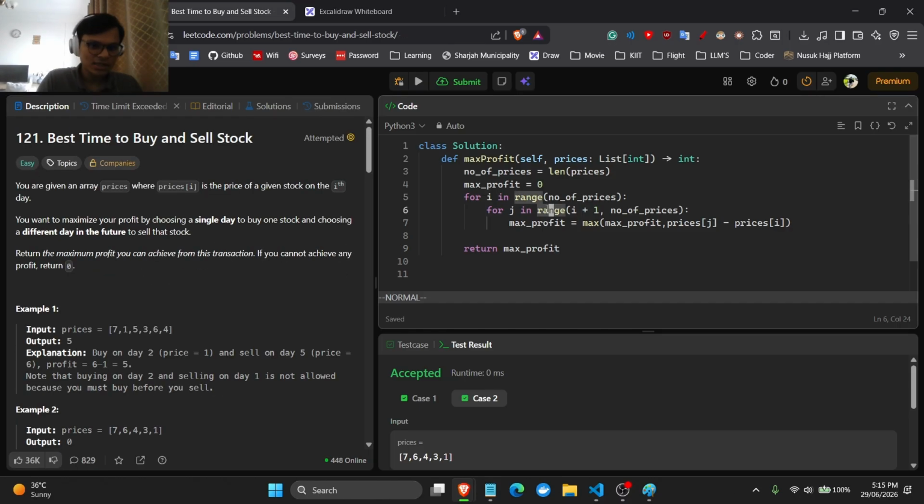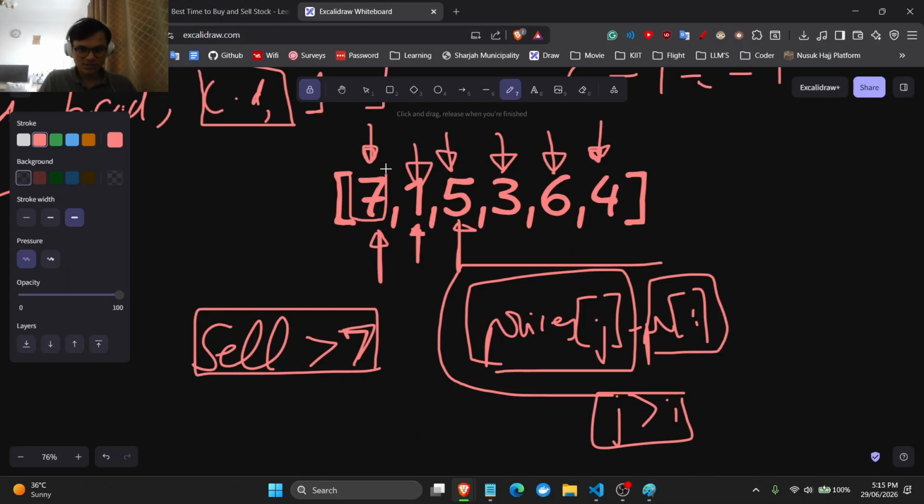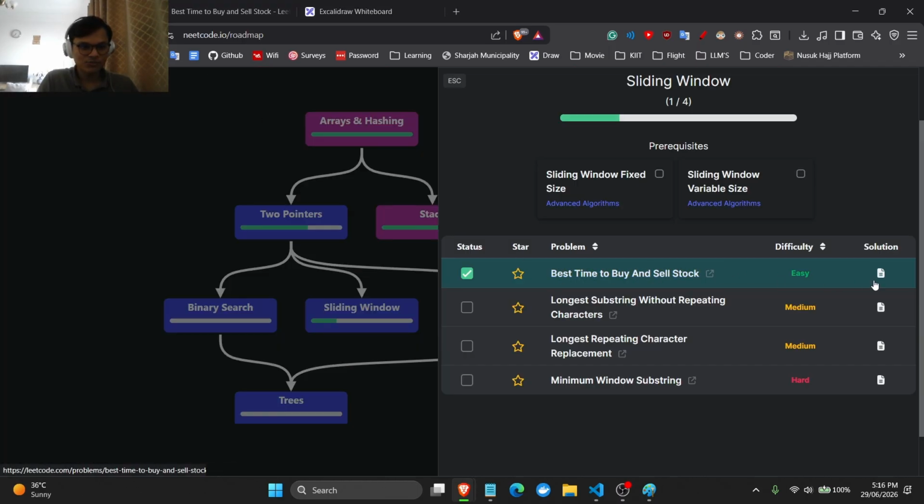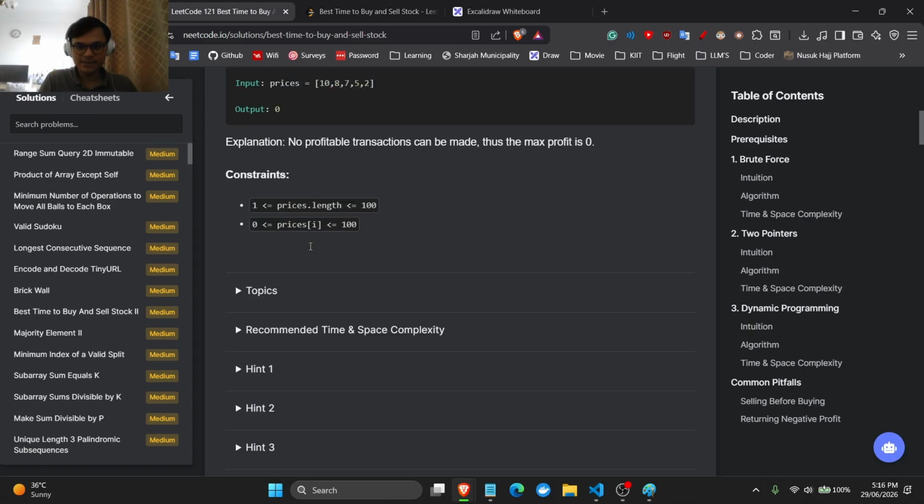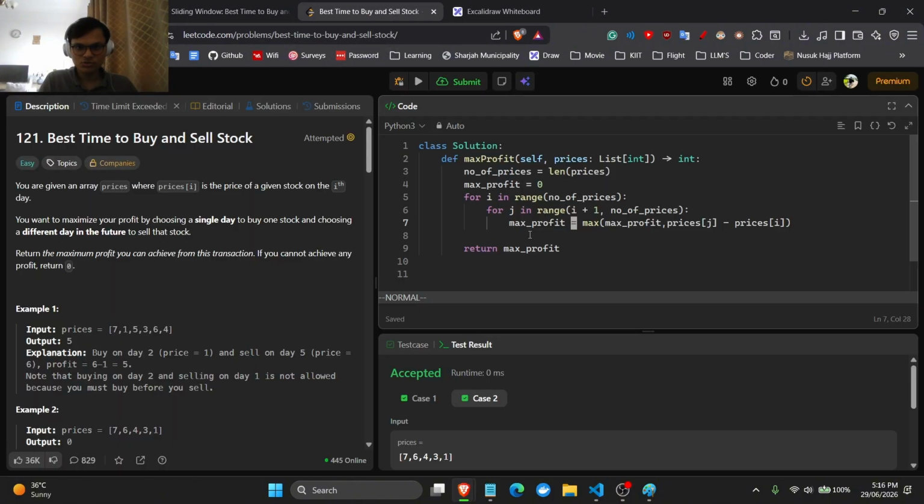Again, this is an O of n square because it checks every pair and keeps on updating max profit. The way I improved this slightly was that I chose this and then I checked the max value of the remaining. If the max value is negative, actually we wouldn't even bother. But what if the negative is the highest? So I think the next solution would be, we just look at the solution, and I'm not going to read the solution. Let's see. Hopefully I'll understand and be able to code the solution up by myself.